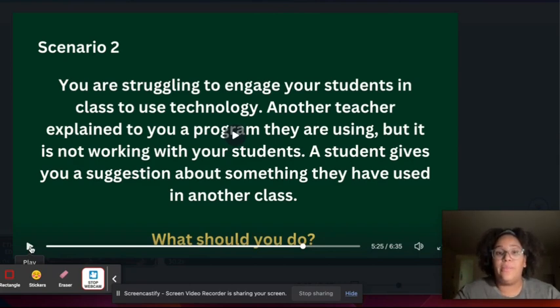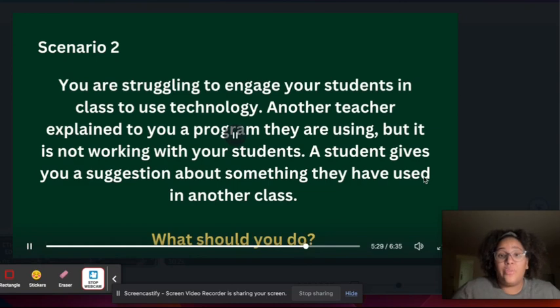We also need to be mindful of the programs that we're using and make sure, again, that we're not giving out students' confidential information, including name, date of birth, address, and things of that nature.